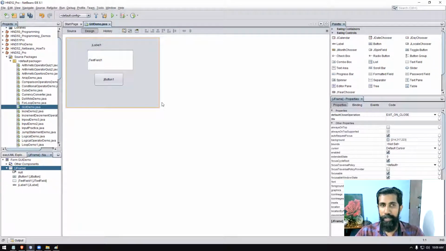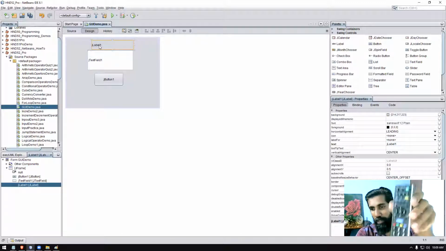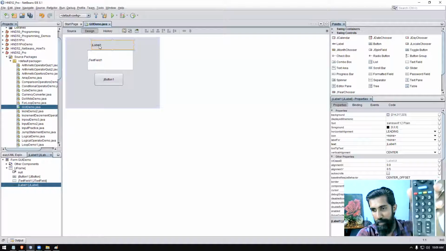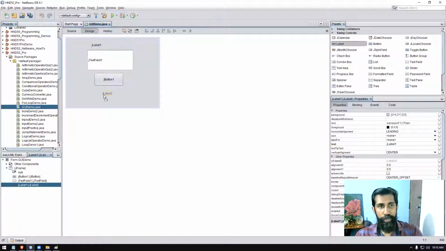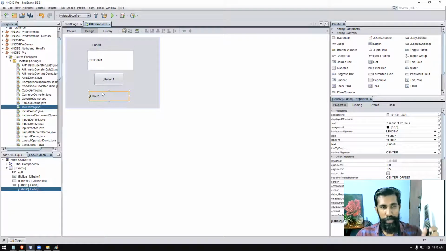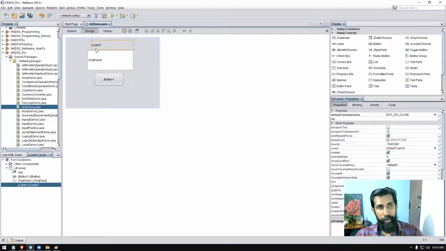We can further customize them. For example, if you take a look at this button, all these are the same buttons. Only the labels on the buttons are different: 1, 2, 3, 4, 5, up to 9. The labels are different. But here also we have one label. I can add another label here. So we need to have a purpose for these two labels. Label 1, label 2 are just generic terms, so it doesn't make much sense. So what is this label used for? We will type a heading here.